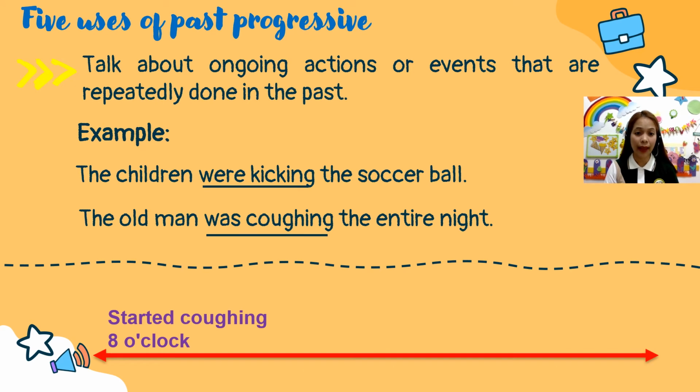While the old man was coughing the entire night, he started coughing at 8 o'clock. So he was still coughing at 10 o'clock. So the entire night he was coughing. Okay, that was the repeated action that he did in the past. Okay,